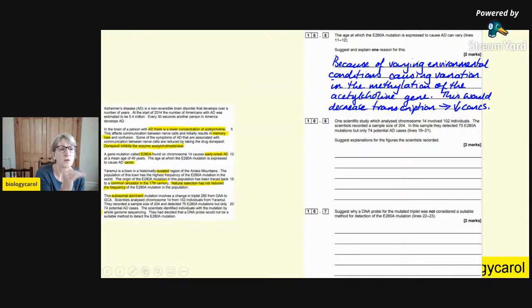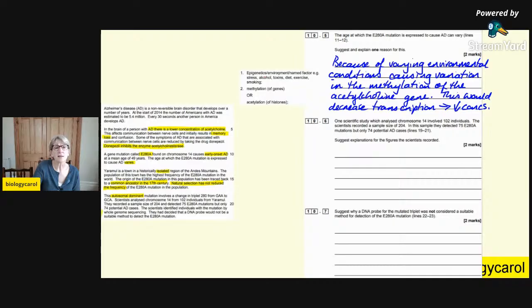causes there to be a lower concentration of acetylcholine esterase. So I said, condition causing variation in the methylation of the acetylcholine. Oh, I should have said acetylcholine esterase gene. Sorry, miswritten that. This would decrease transcription, therefore decreasing the concentration of acetylcholine esterase. Didn't need that level of detail. Just needed to know